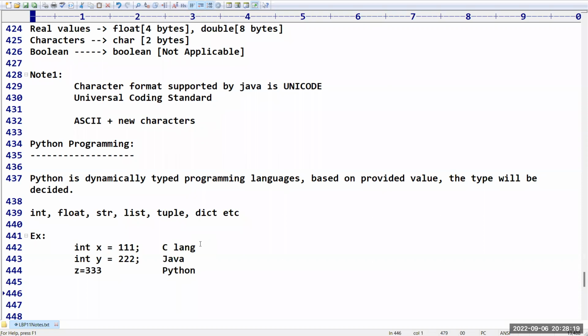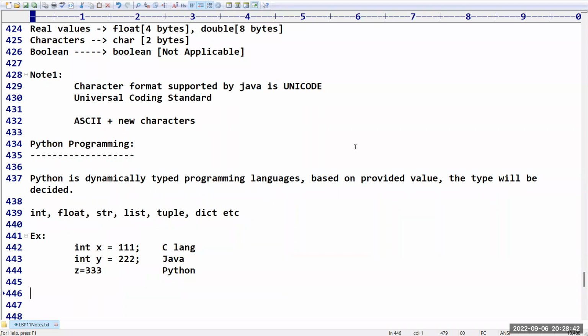In Python, you don't mention the data type. Based on the availability of the value, automatically the type will be decided. So at the top level, at least you got some basic idea of the different data types supported by these programming languages.